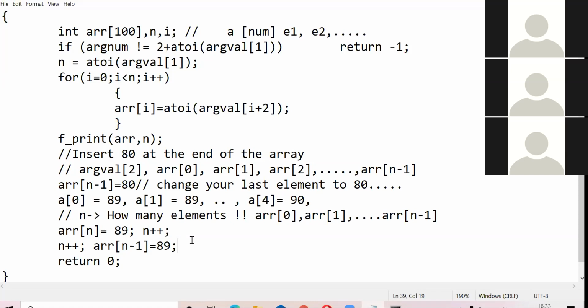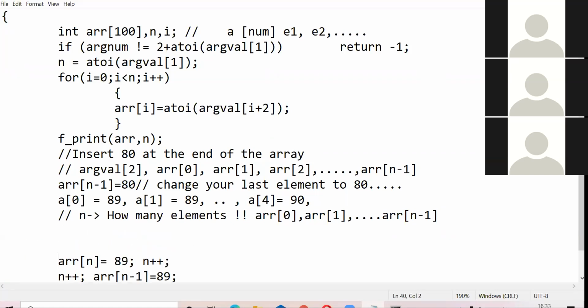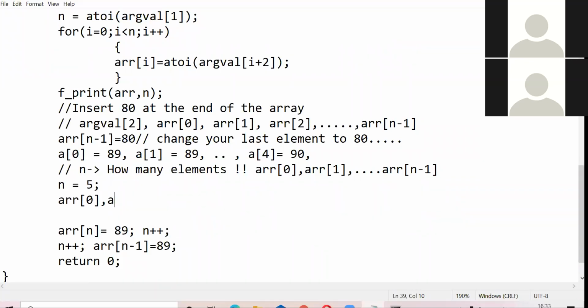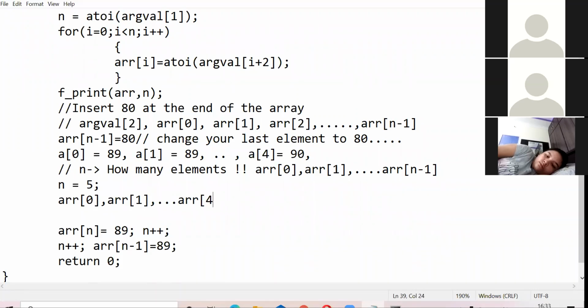Okay, so see, what I'm doing here is, assume that n is 5. What all will be my array elements? Array 0 will be my first element, array 1 will be my second element, and ARR 4 will be my last element.